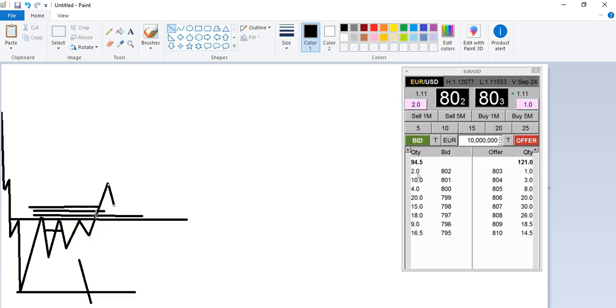So at this zone we have force buying, because these are sell orders. Down here, down here, down here are all sell orders. When price hits the stops of these sell orders, they become force buying. So the market maker has succeeded in forcing the retail traders into buying the euro, which he sold at a cheaper price, and they're now buying back at a much higher price. So once this is on, the break